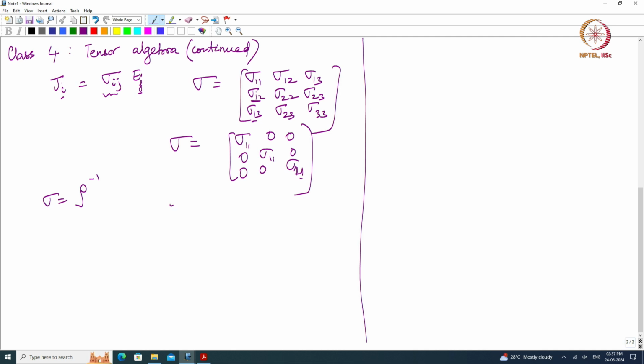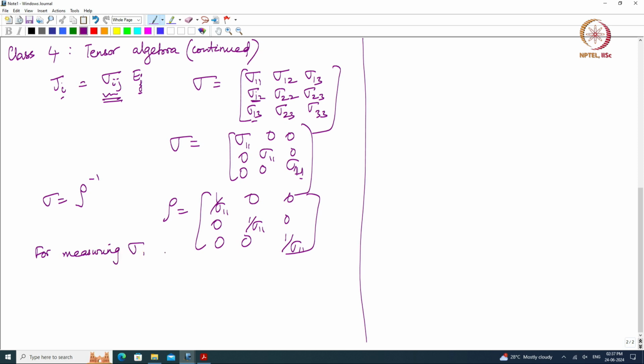So if I have an isotropic tensor, then rho will just be 1 by sigma 1 1, 1 by sigma 1 1, 1 by sigma 1 1, right? So one may argue that if I have to measure sigma, one needs to apply an electric field and measure the current, right? Whereas for measuring rho,